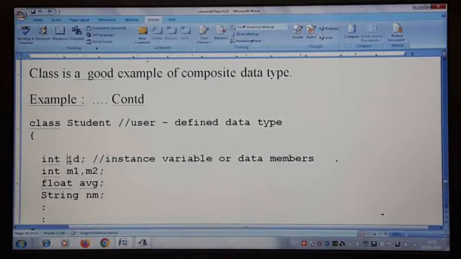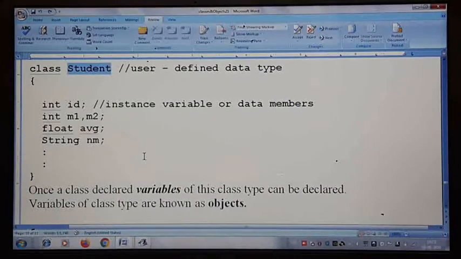So a collection of different data types means that, by making use of primitive data types, we create our own data type here by the name student. I have taken one student example. I tag all this under one single name, student. Now student is nothing but a user defined data type, or we can also call it a composite data type. By using this we are going to write a program today.